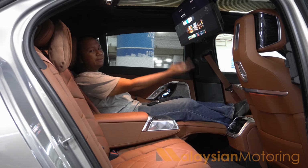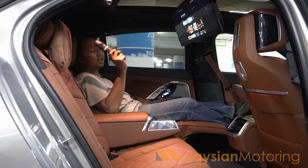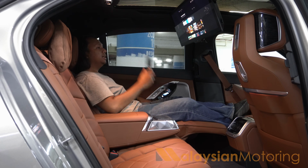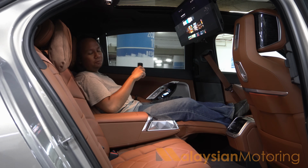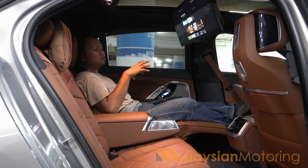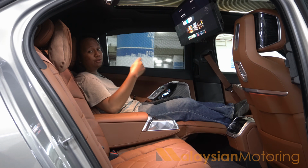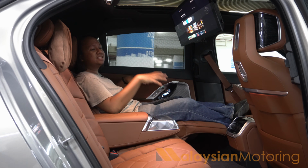But if you have an HDMI input, obviously you can't touch any of this, which means I'm relegated to using the remote control, which makes typing very irritating. The other thing about this is that it requires a hotspot. Now, the BMW i7 is not sold with a SIM card, but it does come with a SIM card reader, which means you can have your own SIM card for the vehicle. So you can use an eSIM or something like that and tether it to an existing data plan that you